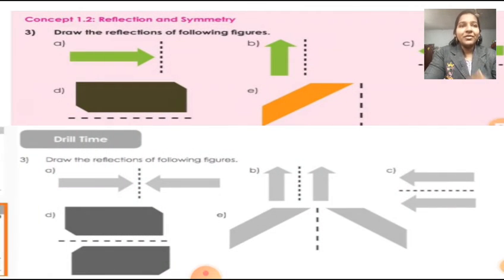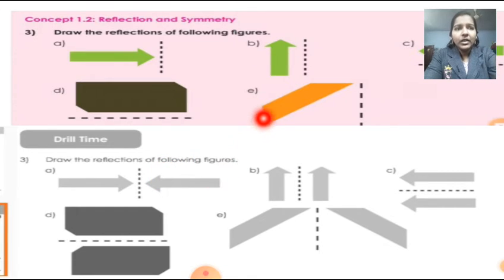Now we are moving to the next question, and it is based on reflection and symmetry. Look, children, draw the reflections of the following figures. So here the reflection is asked, this is the line of reflection, and you have to draw the reflection of these pictures. Okay. And you just remember, when we put this arrow in front of a mirror, how it will reflect. Okay. So how will it reflect? Yes, look down here. Yes, it will look like this. So you can draw this in your textbook itself.